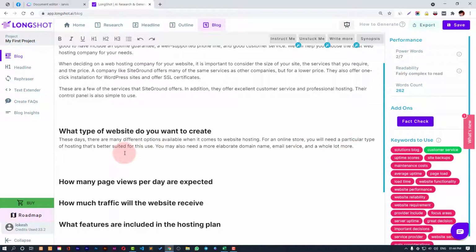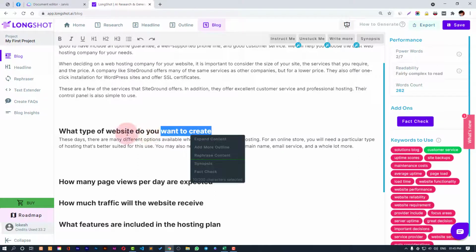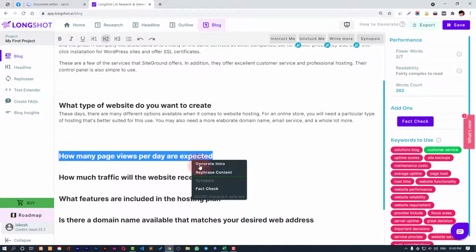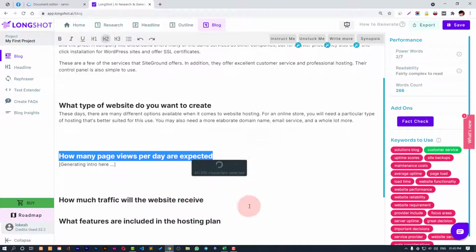So whenever you think that you need a human intervention in your content, you are free to do that. You can change the content, you can add content by yourself. It's like a complete content editor tool as well, apart from an AI based content increaser tool, you can say. So you are free to add your topics, add your content by yourself, like manual content, you can say. So if you're not happy with the content that is generated, you can rephrase the content. Perfect. And this way you can write the content for all your headings and complete the article, and you will